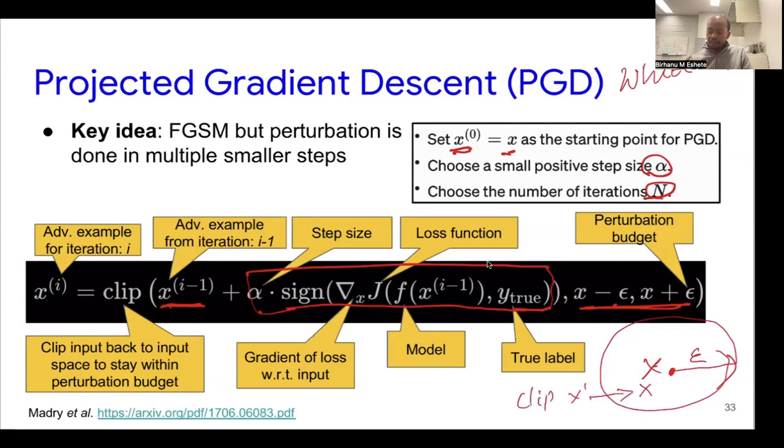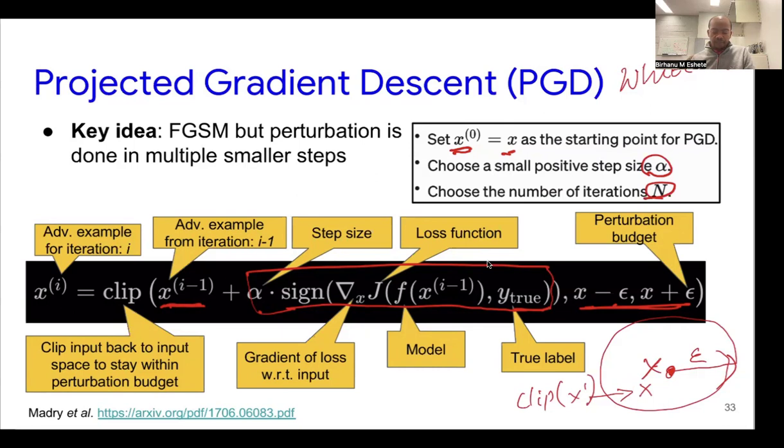So you apply the clip of x prime and bring it back to the LP ball, the so-called LP ball for the neighborhood of the input, okay? So that's basically how the adversarial example generation happens in the projected gradient descent technique, which is another white box